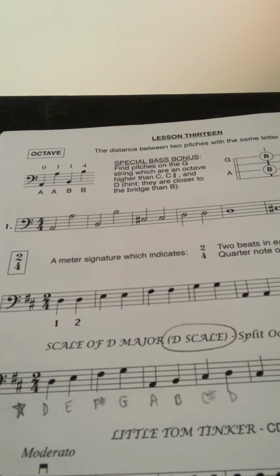E, F sharp, G, way low A, B, C sharp, D,